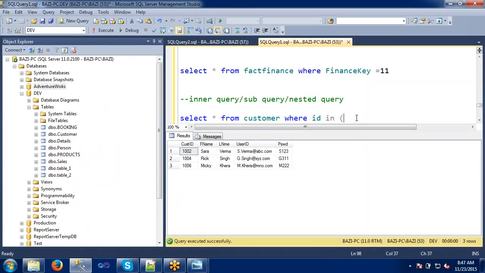Where ID in, I am writing another query here.